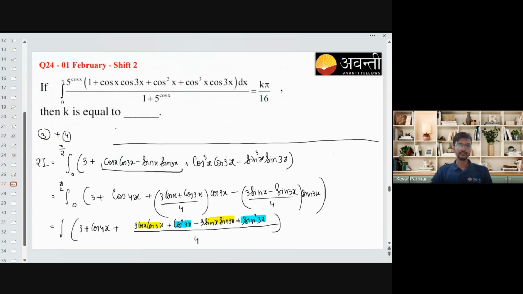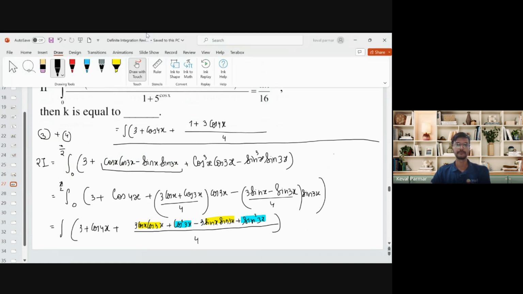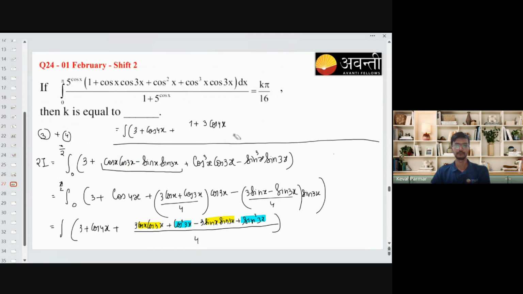Yeah, so this will become integration of 3 plus cos 4x plus upon 4, this blue one will get 1, and plus 3 times cos minus sin, 3 times cos 4x by 4, right? So this will become, let me write it here,